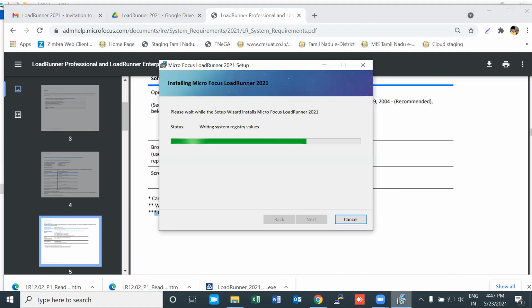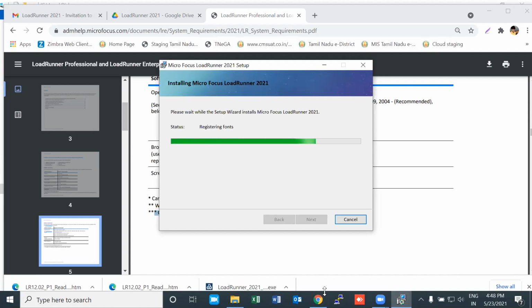Whenever you are installing any software, or using any LoadRunner version, you have to check the system requirement matrix. You should first check whether you are installing on a personal laptop or an office laptop, and make sure that the machine meets the system requirements, hardware and software. Is it clear, guys?